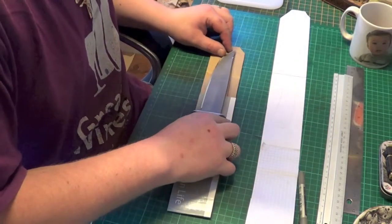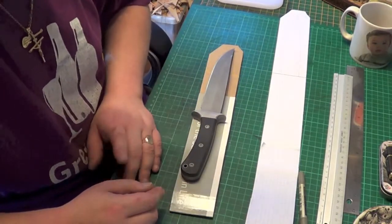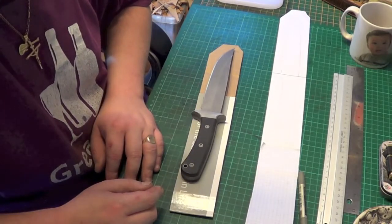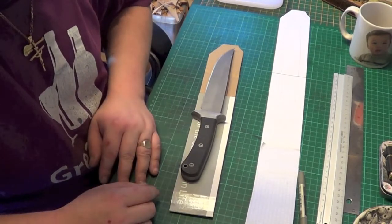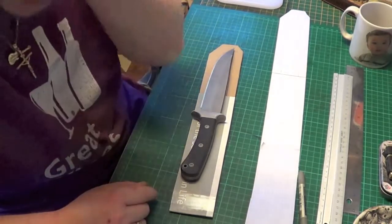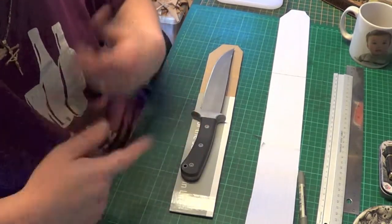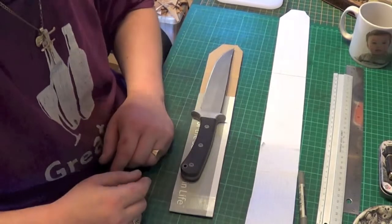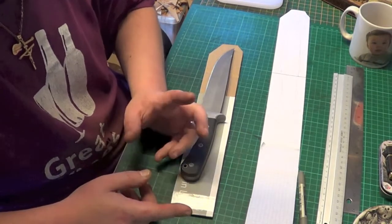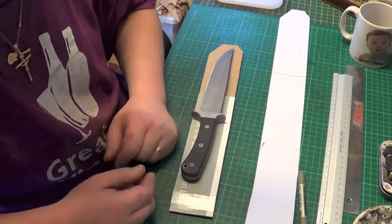This is for a left-hander, which I've got to be honest, I really enjoy doing stuff for left-handers, because I know how much they struggle to get hold of stuff. Everything's made as standard for right-handers, so when I do get a commission, even though it's harder to make a left-hand sheath, because everything's backwards when you're used to doing something the other way around all the time, I always enjoy it, because I know people who are left-handed really struggle to get a sheath made for them,